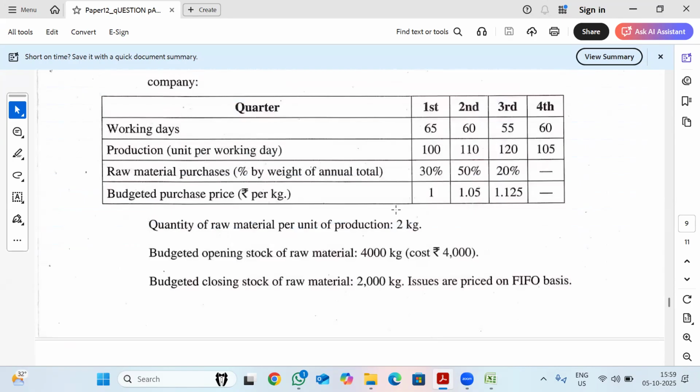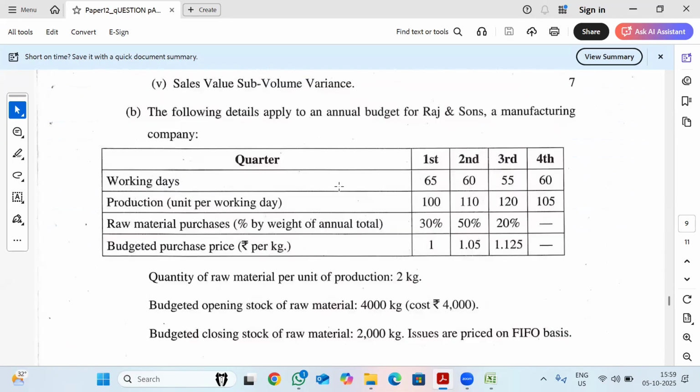So here, do we have any information regarding purchase? Let's analyze. Raw material purchase is a percentage by weight of annual cost. We are going to purchase 30 percentage in first quarter, then second quarter 50 percentage, and in third quarter we need to purchase 20 percentage. So my annual purchase will be,